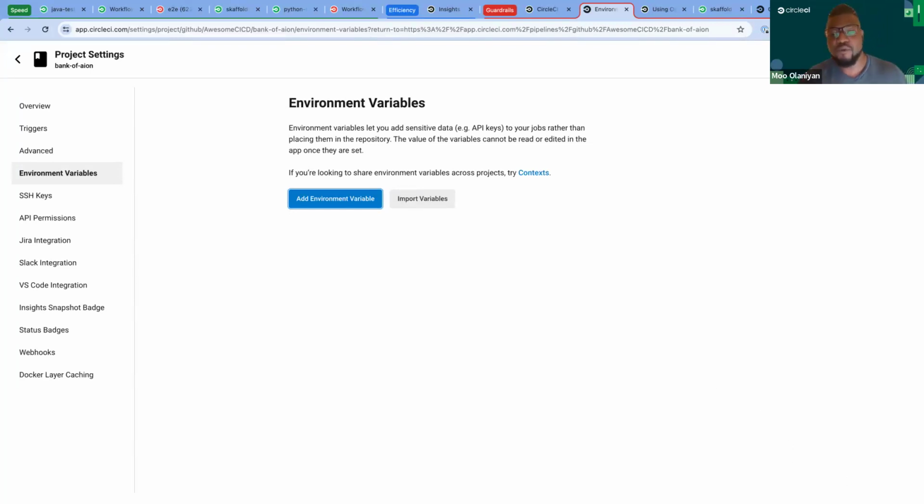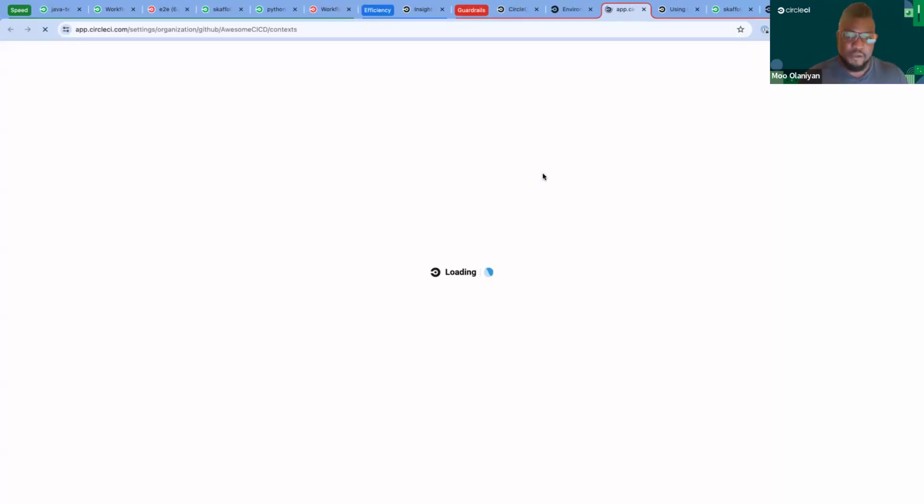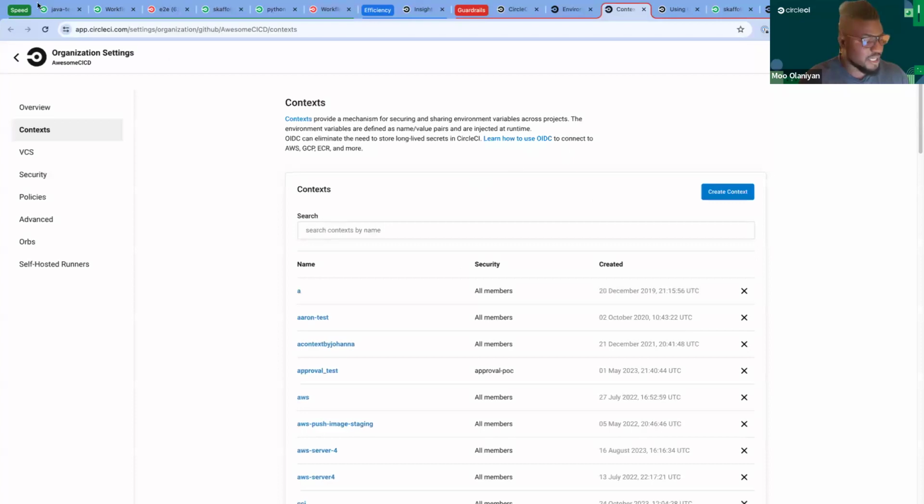So if you have a policy and you want to have dynamic credentials, this is not the way to do it. Now, if you want to go a step up and instead at the organizational level have a group of variables or secrets that you can expose to a set collection of projects or set groups of people, we have what are called contexts, right? Which is these here. These you can see are in organization settings, right?